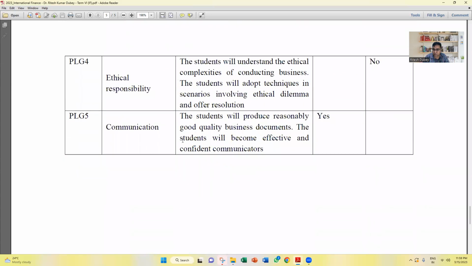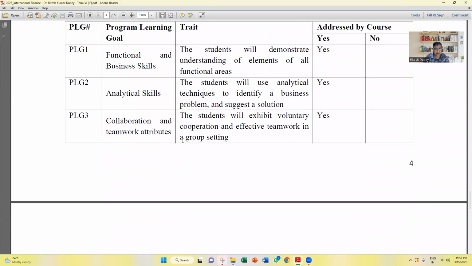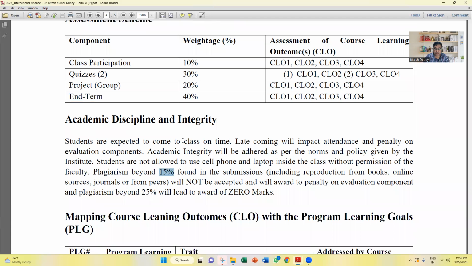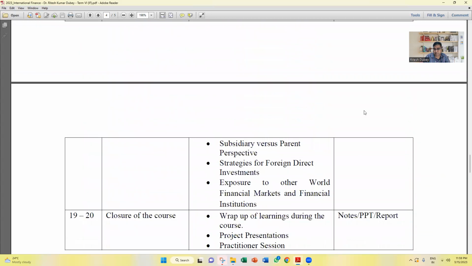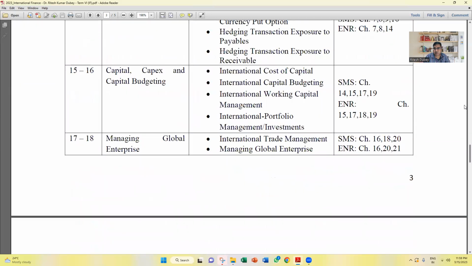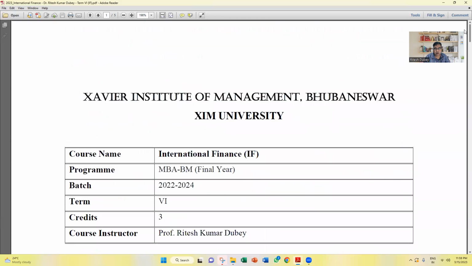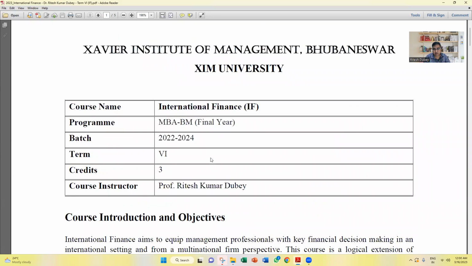It is a good course. It is a lightweight course. It's a fun course to go with, and this is something which is going to expose you to a lot of intricacies of a multinational corporation. This will also make you much more aware of the things which are happening in the global market. That is a very interesting part of this particular course. So that's all we have for this particular elective.